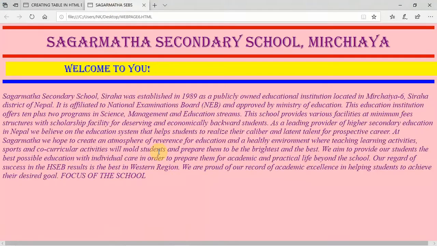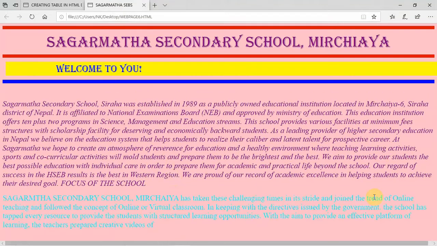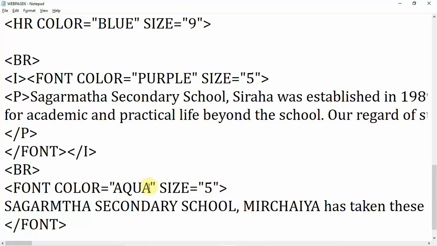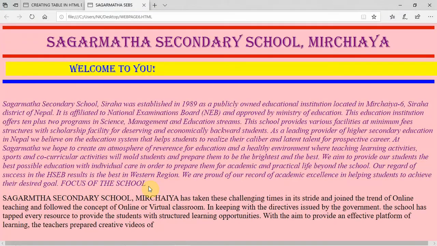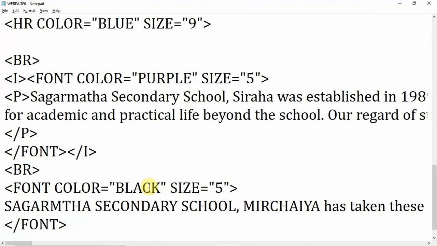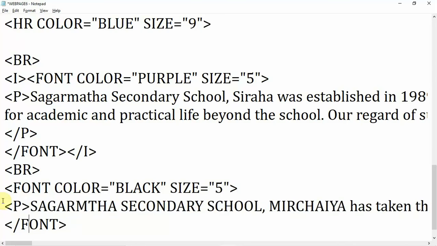This is our page. Now you can see the effect here, but it looks not clear, so I have to change it. I have to give another color, BLACK, black color I want to give. Here you can see. Now I want to insert one picture also, so you have to come here again. If you want to give another P tag, you can give it, and you have to close it also if you want to make 2 paragraphs.